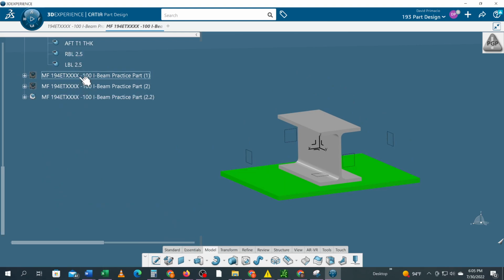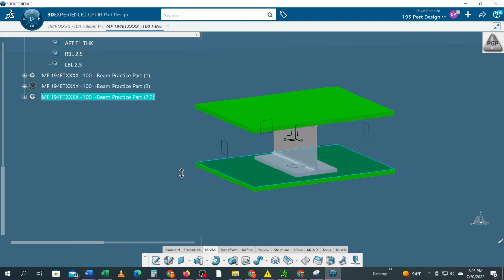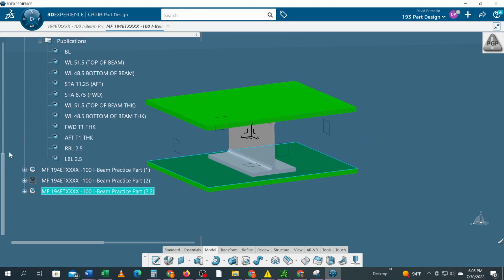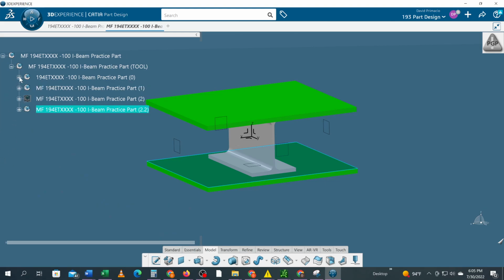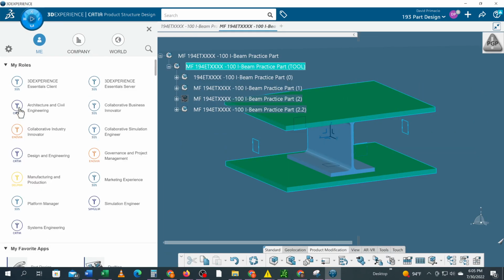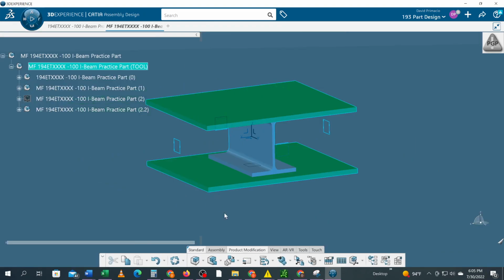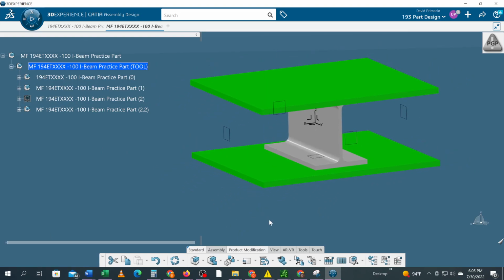I'll pull P1 out. And then we'll minimize the RLM. I'll double click on the tool to get into the product structure. And switch 3D to assembly. Okay, so now I'm in the assembly. Under the assembly tab,